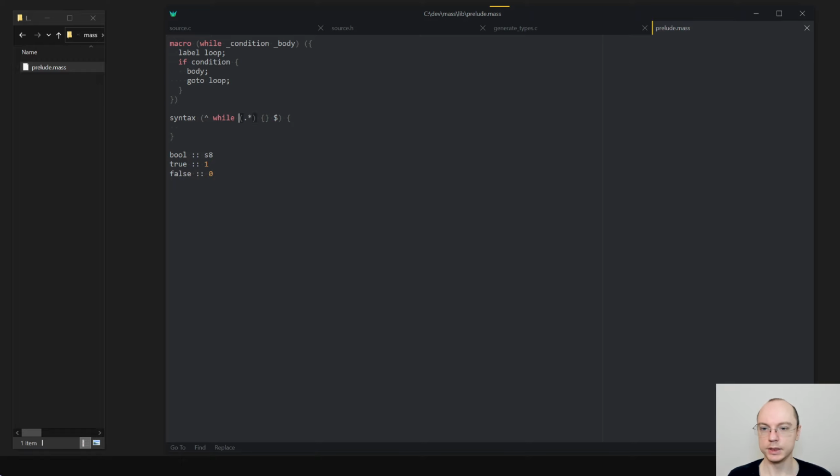But we still need to specify that we want this to be a capture. So we need to provide a name for it. I'm not sure if the name should go before or after.